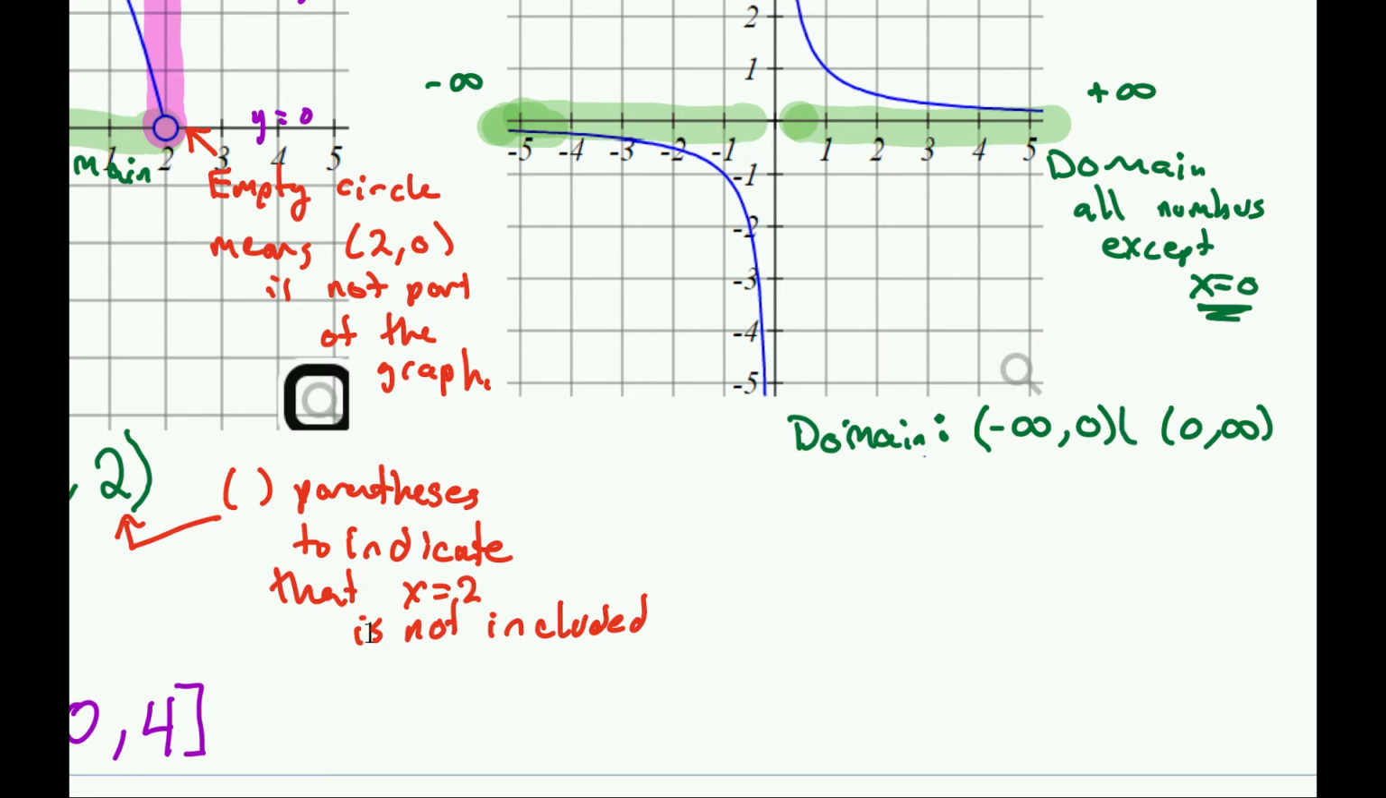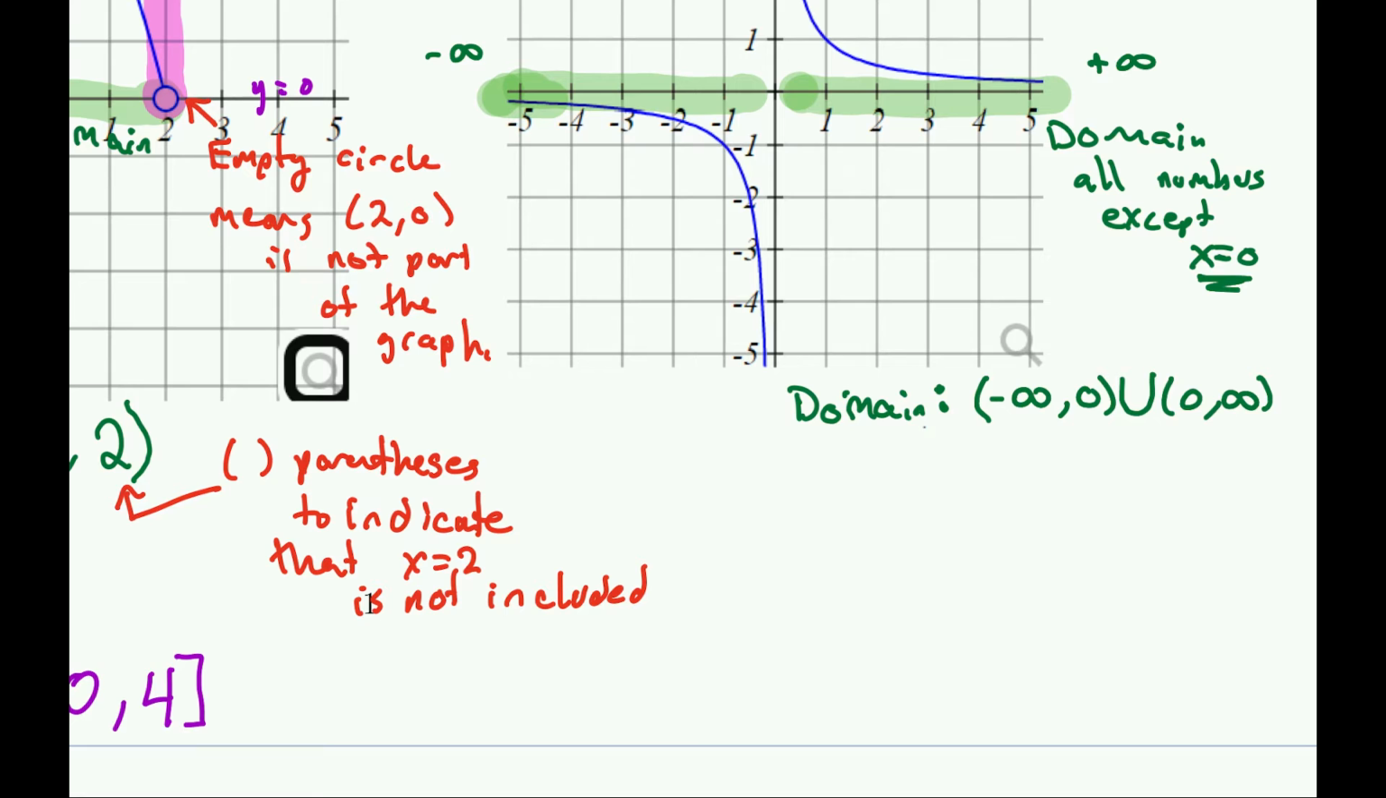Then you put a union symbol like that to indicate that we are sticking these two sets together. So that's your domain, two pieces, one over here, no 0, no 0. If you wanted to list this as a compound inequality, it'd be tricky. Yeah, it'd be tricky. You'd have to say something like